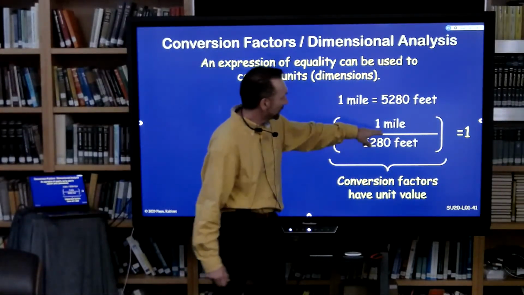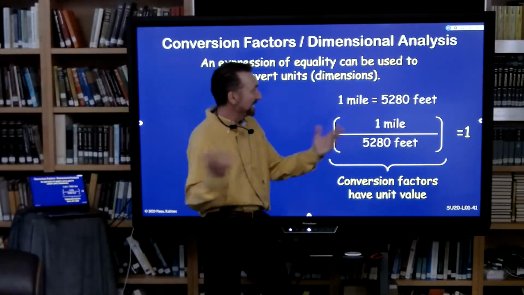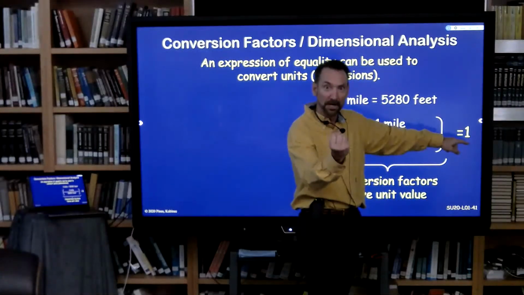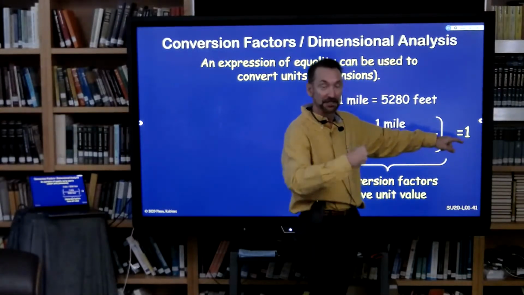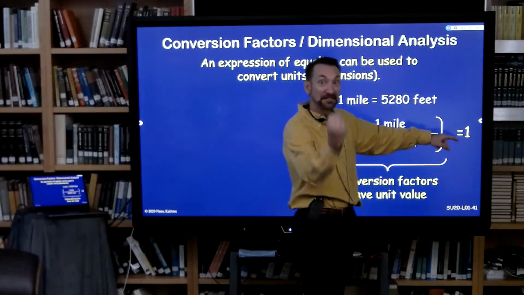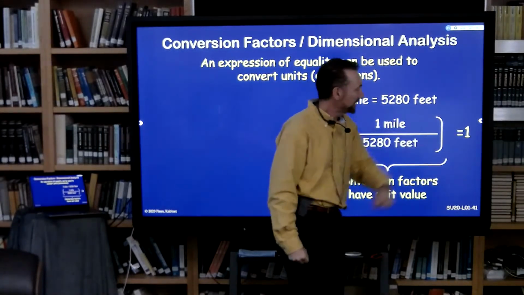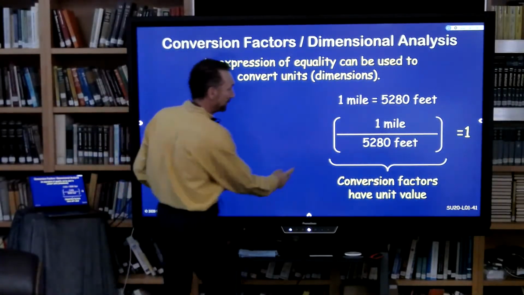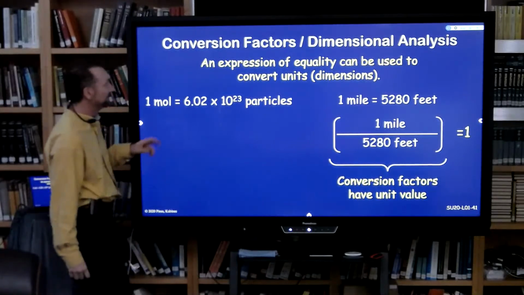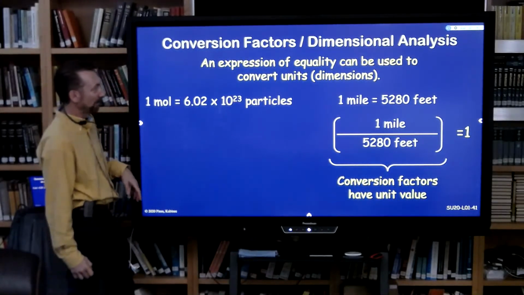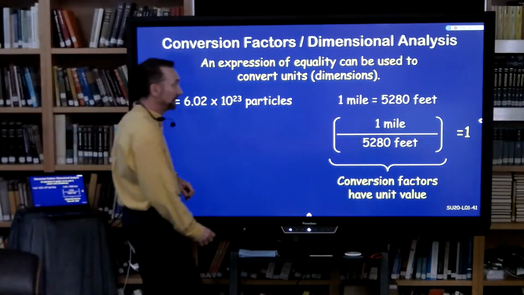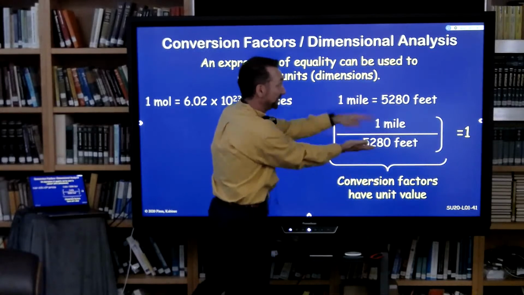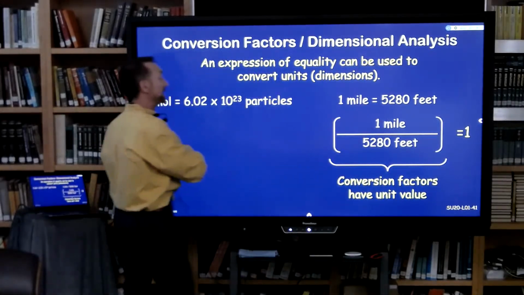So that means you can multiply this quantity by anything and you don't change its fundamental value. You're multiplying by 1. All you do is change its unit. Same amount of stuff, same length, just expressed in a different unit. So I can convert between miles and feet by multiplying the number of miles by this inverted. That's important, I can invert it and it's still 1. So I can go miles to feet or feet to miles.